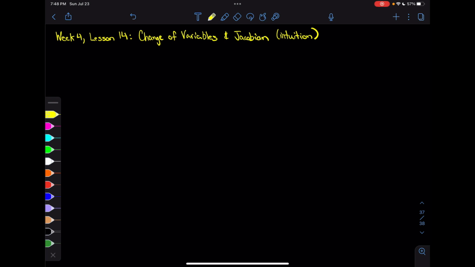And that might be kind of disheartening to the rest of you, but it is what it is, and we're gonna do our best. I'm going to try and intuitively describe this process of change of variables using stuff that we already know, okay? And so the idea behind change of variables is basically that this is the generalization,